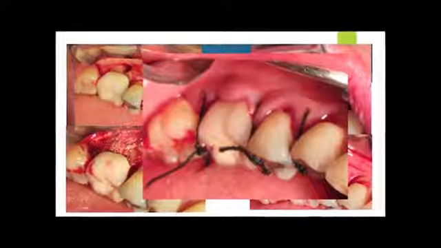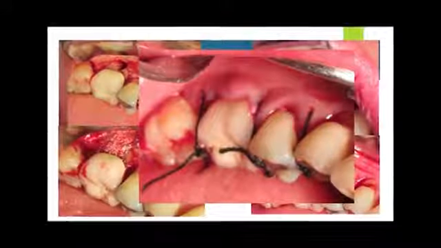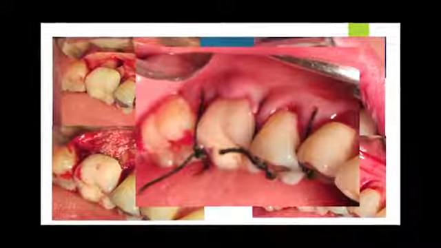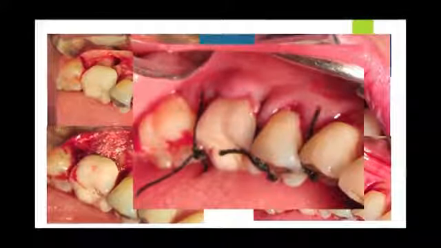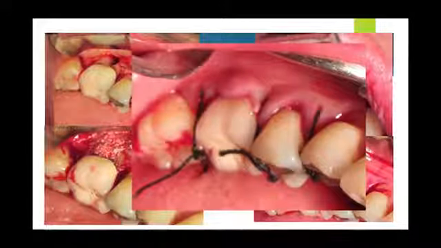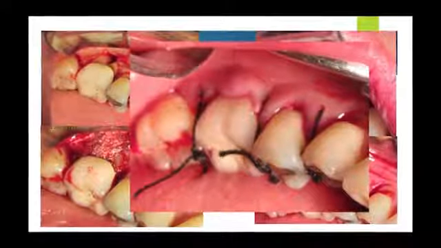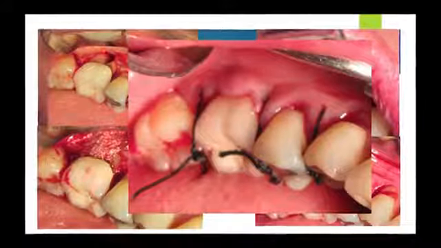So what we did, we just cleaned it out very well, and then we placed bone, then we placed a membrane, we positioned the membrane in relation to the flap so that we are sure the flap can cover it very well, and then finally closed it up. The patient went for a vacation. When she comes back, we shall see the progress, and then maybe the next presentation we'll report on the progress.